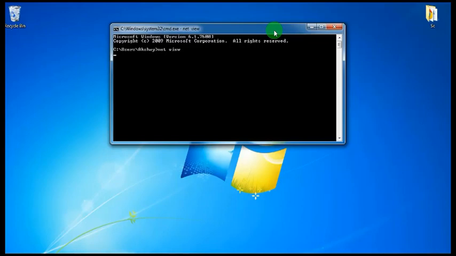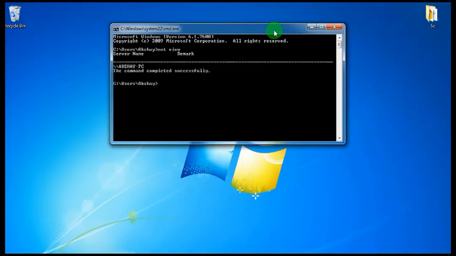This will show you all the users which are currently connected to this PC. So this is the one user, Akshay-PC. So now what you have to do is shut down the computer using CMD. So I'll just type shutdown